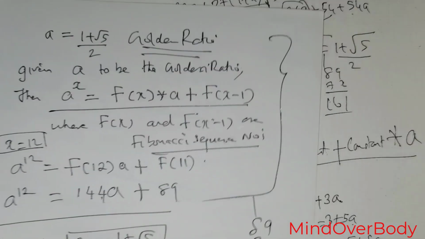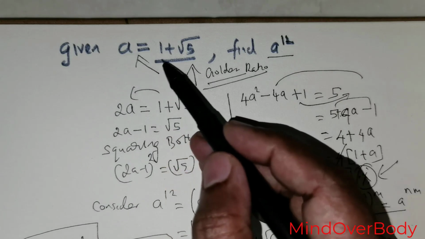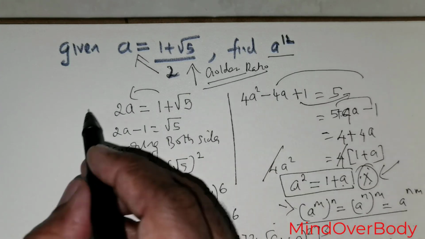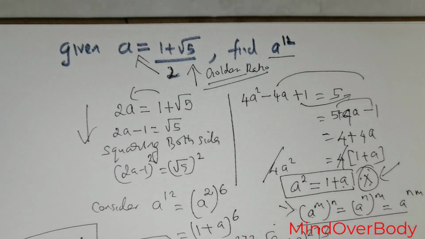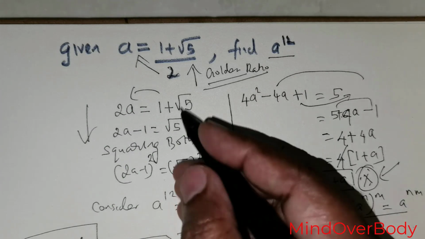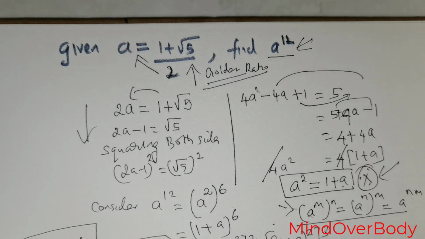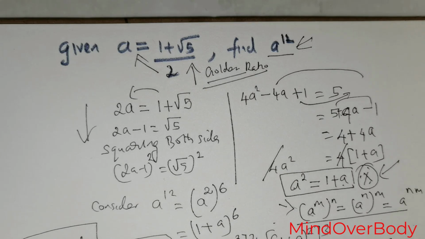So as I mentioned to you, for the first method, instead of a being 1 plus root 5 over 2, if they were to give you any quantity for that matter, you can follow this algebraic procedure. So it is important that you know how to use algebra to extract the value of a raised to the power 12. And along with that, it is also important to know and connect mathematical concepts to the given question. Why? Because it drastically reduces time, and in this age, anything that reduces time means efficiency, and efficiency means productivity,